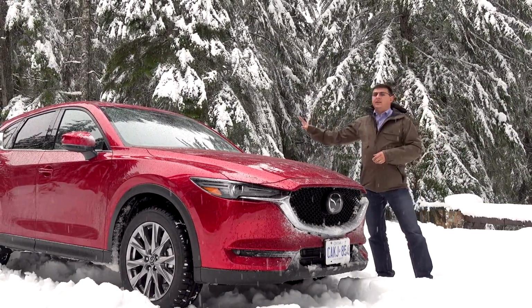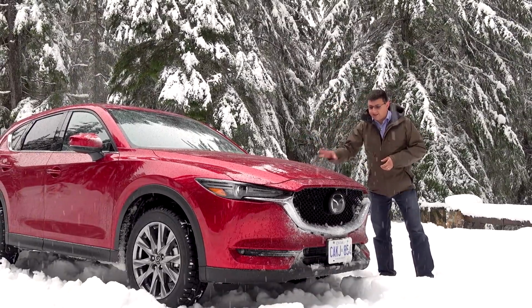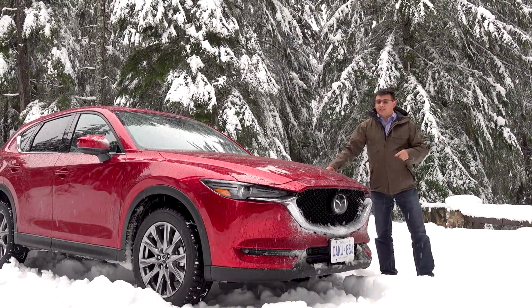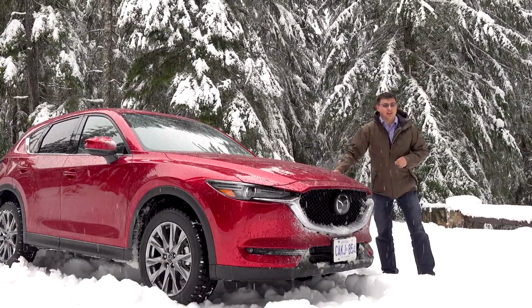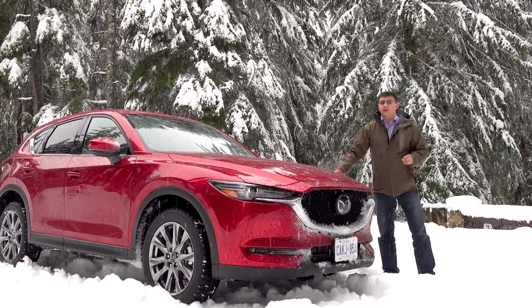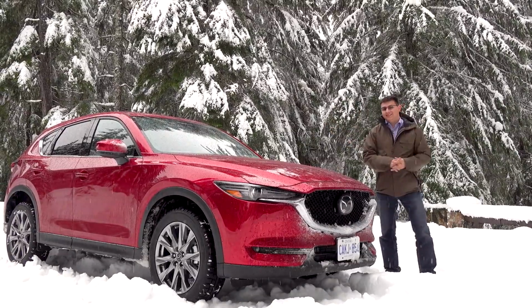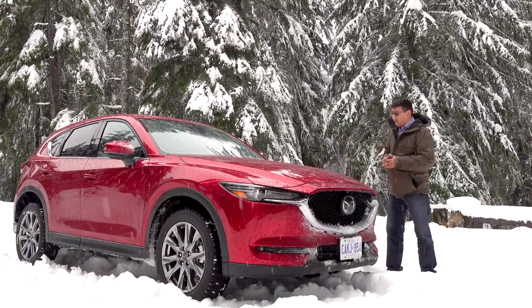It's not as accommodating on the inside as some of the larger compact crossovers, and it hasn't had as much power under the hood as some of them either. But at least one of those things has been changed for 2019 because we now get a new turbocharged engine under the hood. And for folks that were waiting for Apple CarPlay and Android Auto, we finally have that on the inside as well. To top things off, Mazda then decided to give the CX-5 a bit of a suspension tweak,